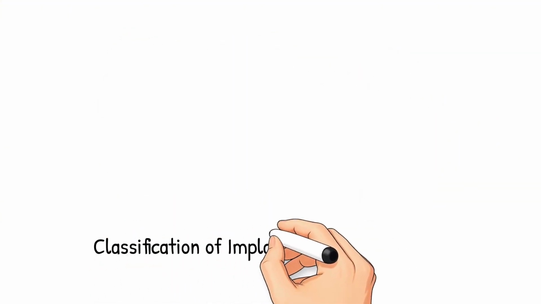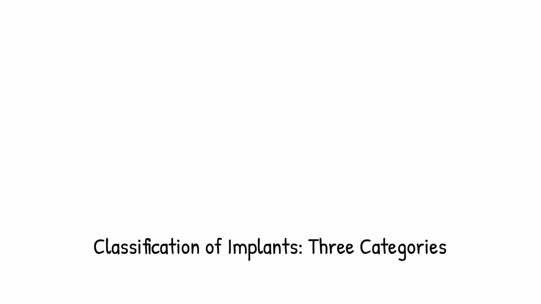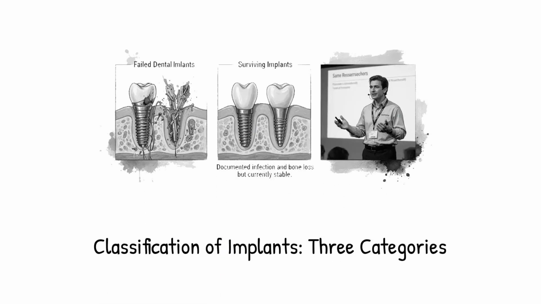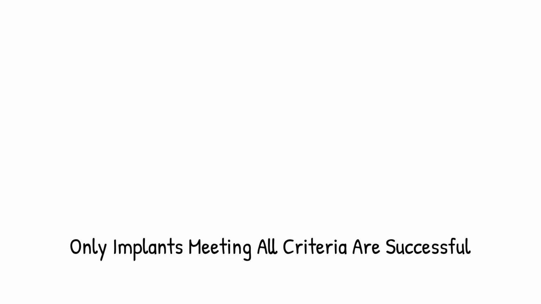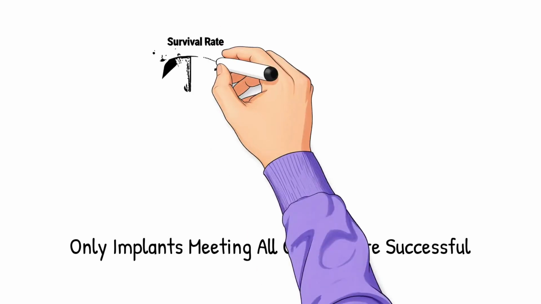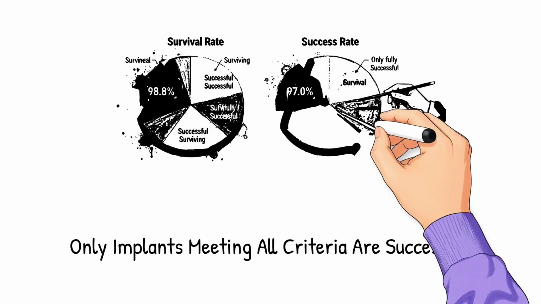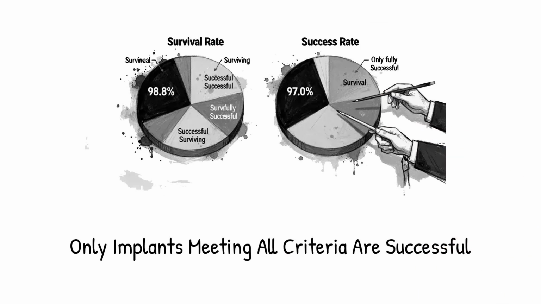Then Table 2 defines 3 categories. A removed, lost, mobile, or fractured implant is a failure. An implant with a history of acute infection with suppuration and progressive bone loss, even if currently stable, is classified as surviving, not successful. Only an implant meeting all 4 success criteria is classified as successful. The survival rate combines successful and surviving implants, 98.8%. The success rate counts only the implants meeting all 4 strict criteria,